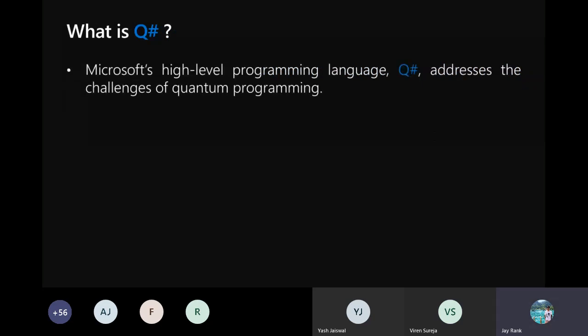Microsoft's high-level programming language, Q#, addresses the challenges of quantum computing. The most important one is the Q# compiler.